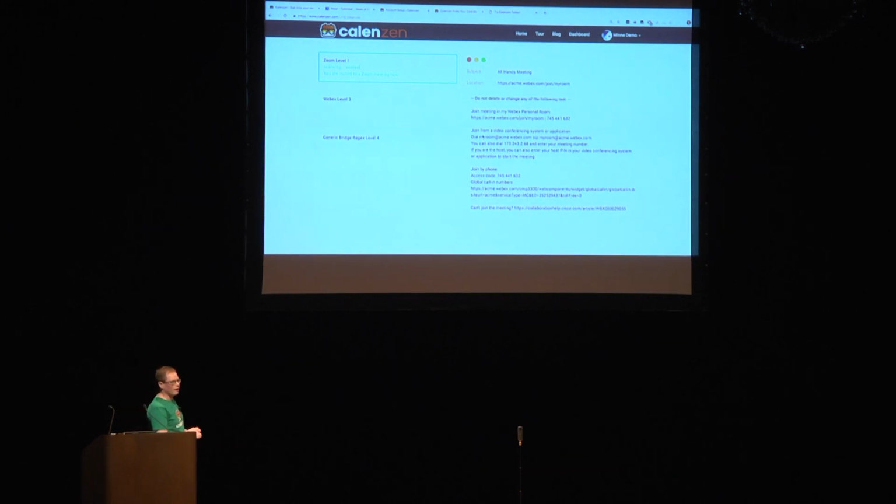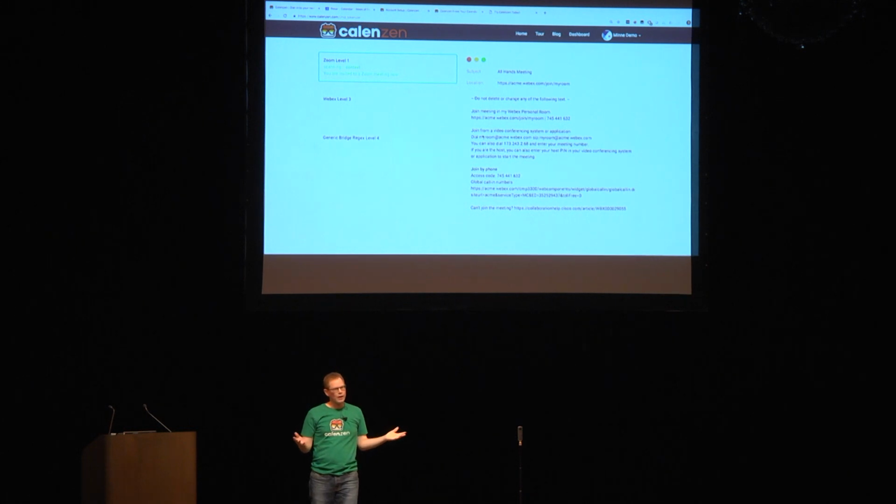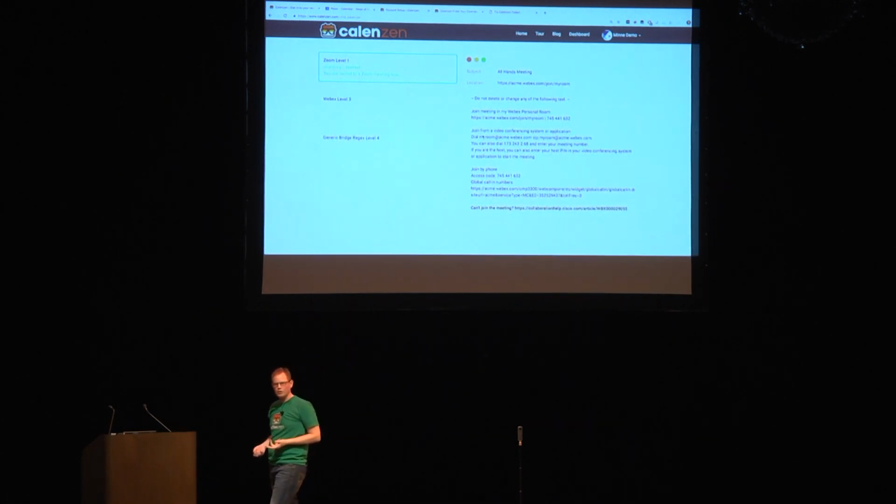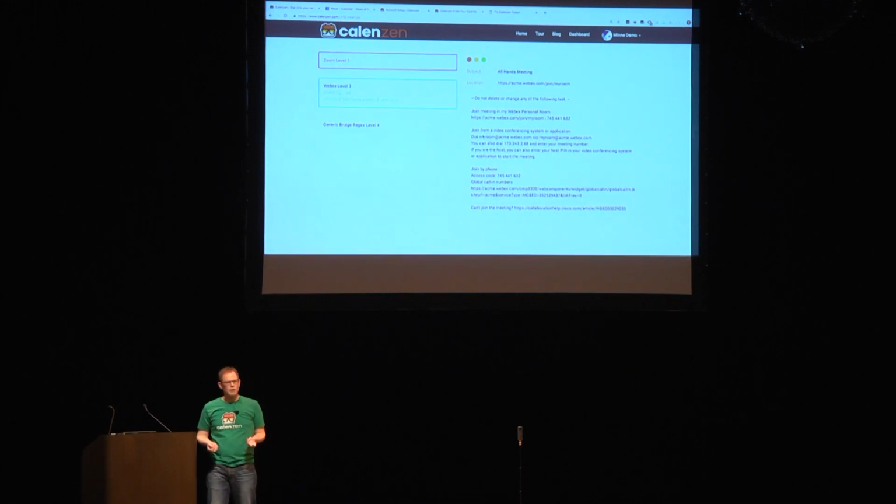Second set of invites that we're running through Calenzen, this one is a WebEx meeting. What I want to show with this meeting is that even though there's all that text inside of there, you will not see a phone number. That's okay with missing data. We have a partnership with WebEx and a number of other conferencing providers. So as long as we have certain key pieces of information, in this case the URL, we're able to work